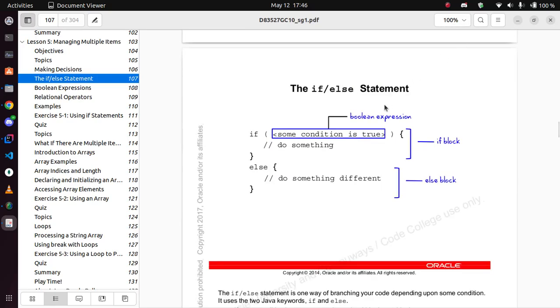Okay. If else statement. If something is correct, run it, or else run the other part of the code. That's it. If true, do this. If else, do other thing. Couldn't be simpler. So there'll be a condition in here that will